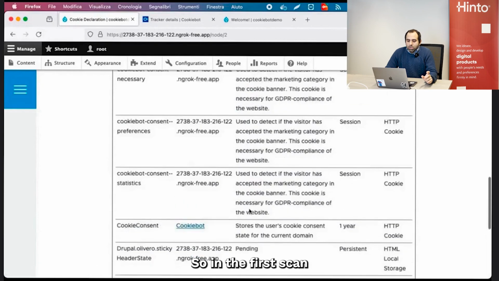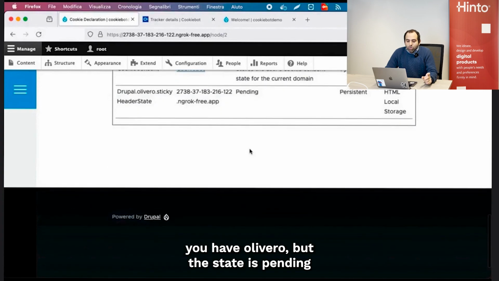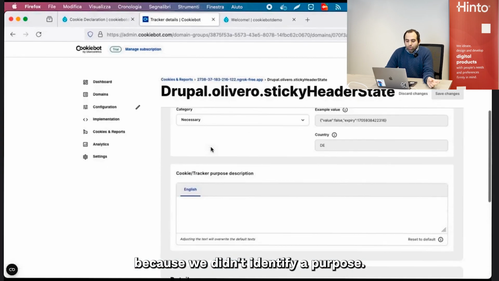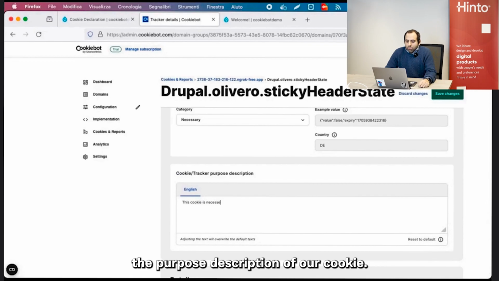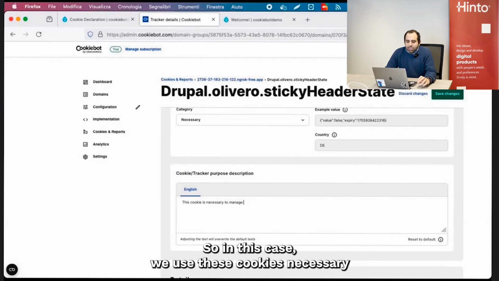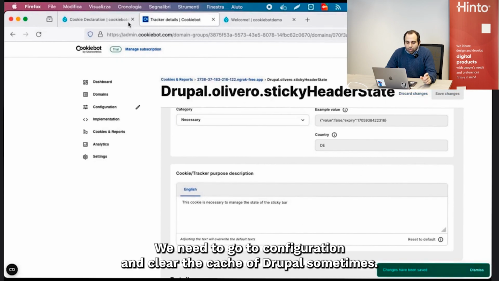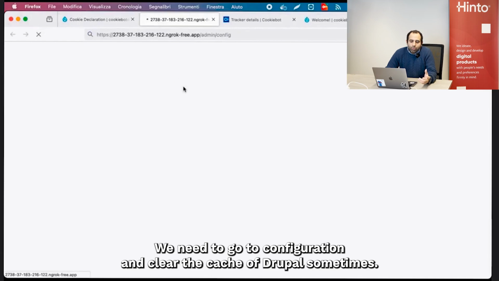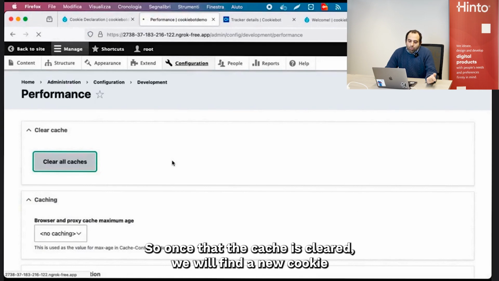In the first scan, you have Olivero, but the state is pending. The state is pending because we didn't identify a purpose. So we go into the admin console of Cookiebot and insert the purpose description of our cookie. In this case, we use: this cookie is necessary to manage the state of the sticky bar, for instance, and save the changes. We refresh the page. We need to go to configuration and clear the cache of Drupal sometimes. So once the cache is cleared, we will find the new cookie declaration of Drupal